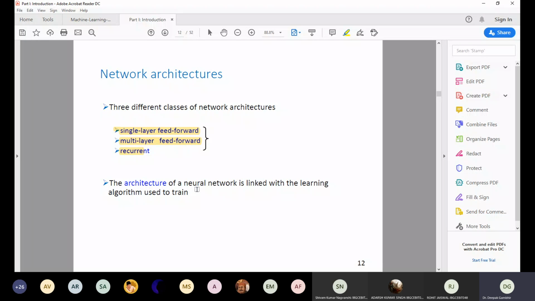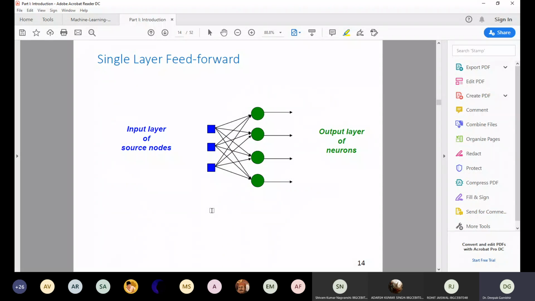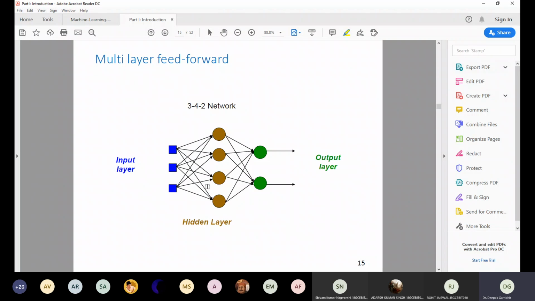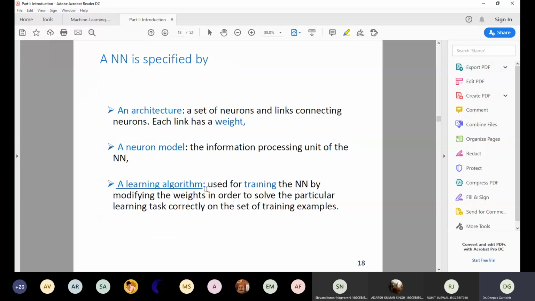We were mostly dealing with the single layer and the multi-layer network in this class. A single layer network consists of only one layer, whereas the multi-layer network consists of more than one layer, that is the input layer, output layer, and the hidden layer. As we have seen in this case, we have started with the perceptron model. In the perceptron model,